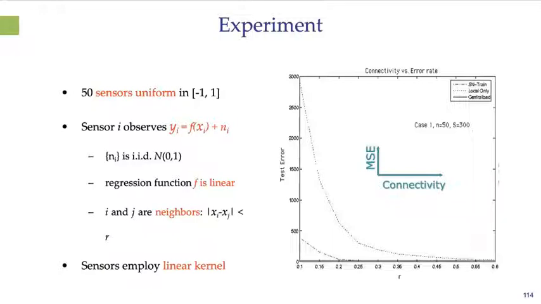On the other hand, if we do SN train, which is the dash-dotted line, that's the algorithm I just described, you can see that with a fairly small neighborhood, R equal 0.2, we're already down to the performance of centralized learning. Okay, so you can see that this collaborative learning algorithm is actually quite powerful in maintaining the advantages of locality while getting pretty good performance out of the learning algorithm relative to purely local learning.